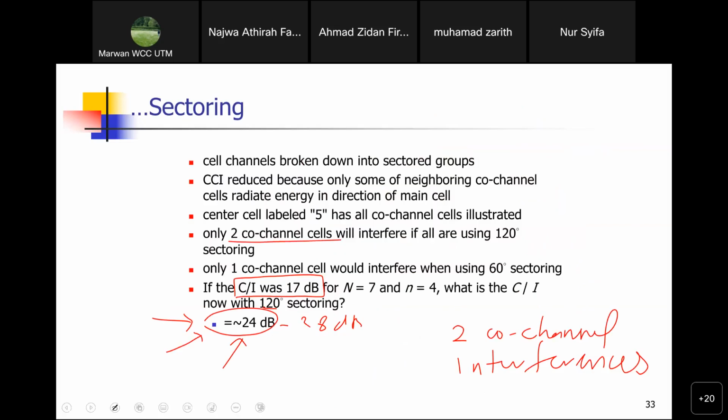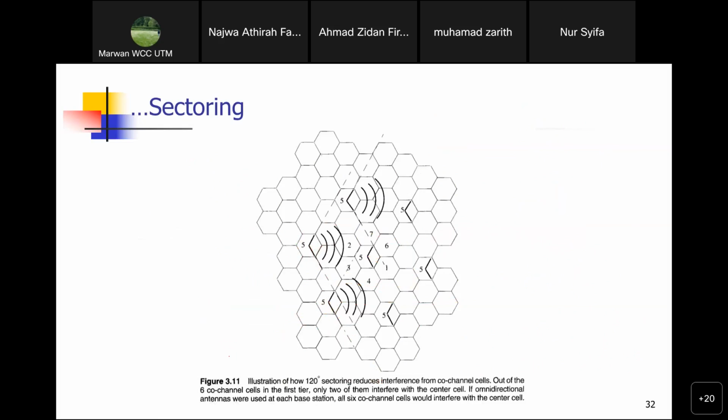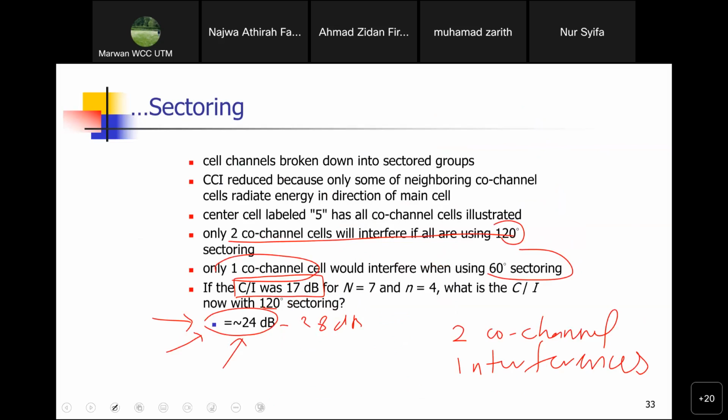So two co-channel cells if you're using 120, if you're using 60, it's only one co-channel cell. Okay, you can see from the diagram, 120, this and this. Rest are all no. If you consider the smaller one, then this one no more anymore. It's only this one over here. Only one co-channel is going to interfere with you. Okay? So by using sectoring,